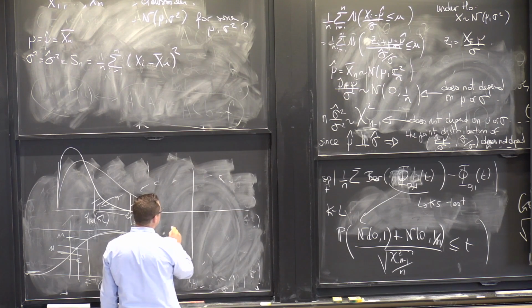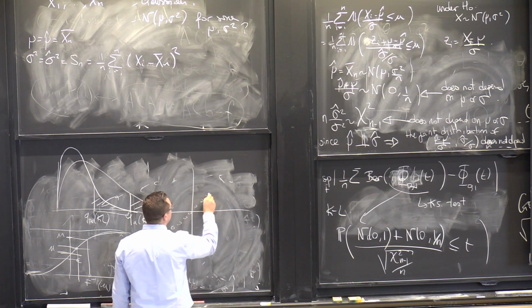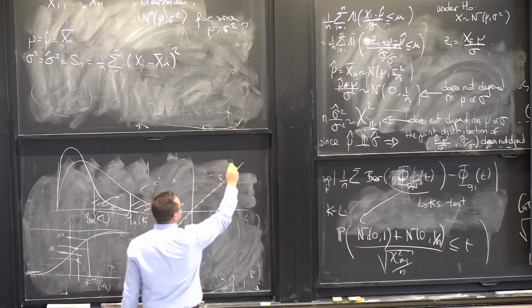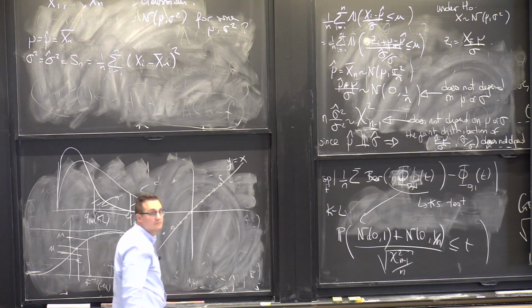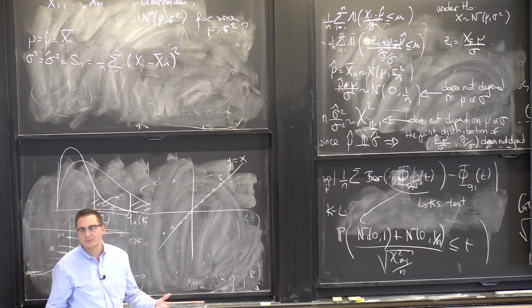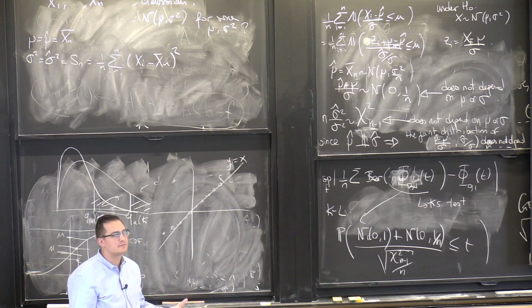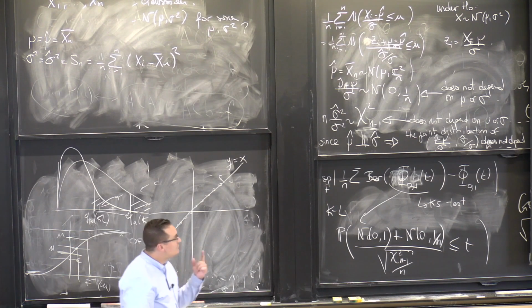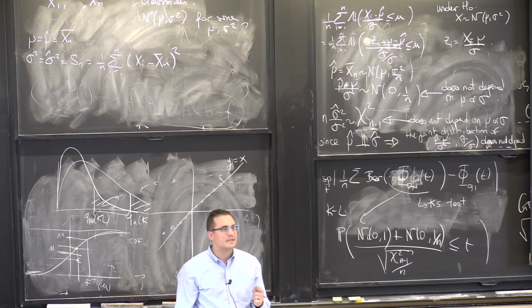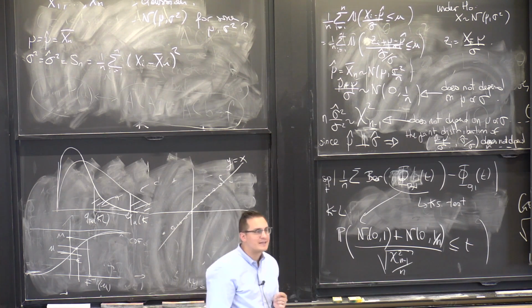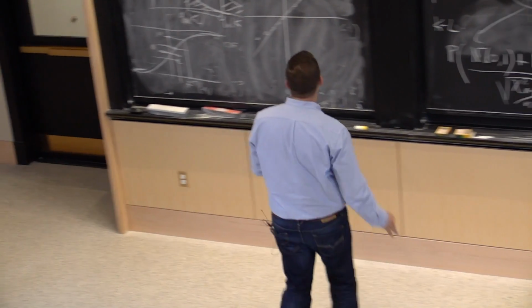Something where all my points are very close to the line y equals x, right? I'm going to have some fluctuations, but something very close to this. Now, that's if f is exactly the right one. If f is not exactly the right one, in particular in the case of a Gaussian one, if I actually